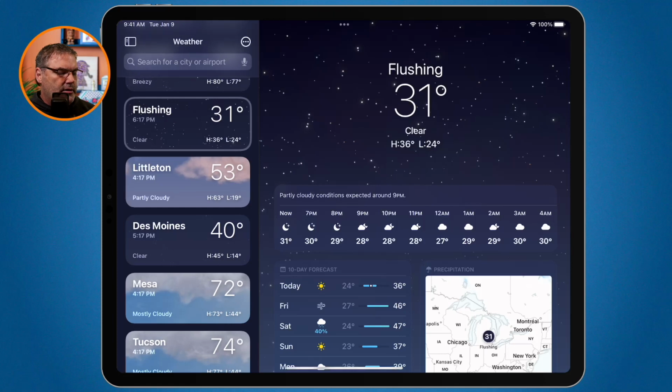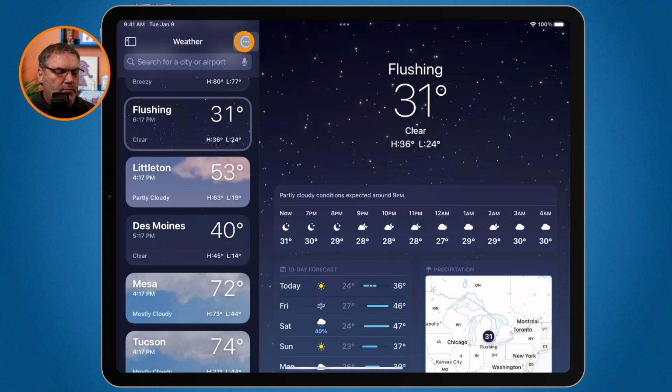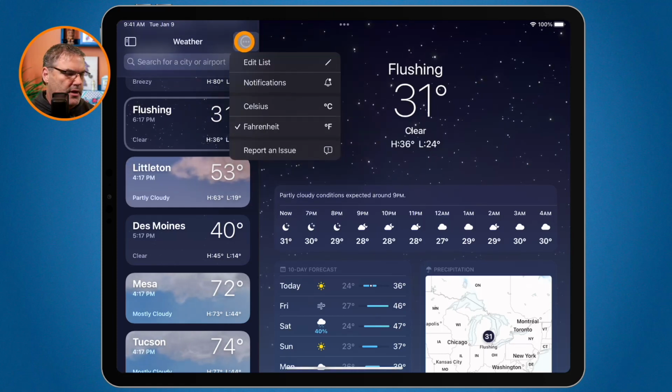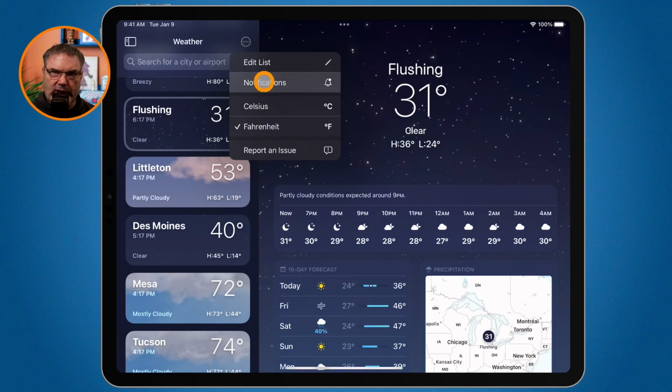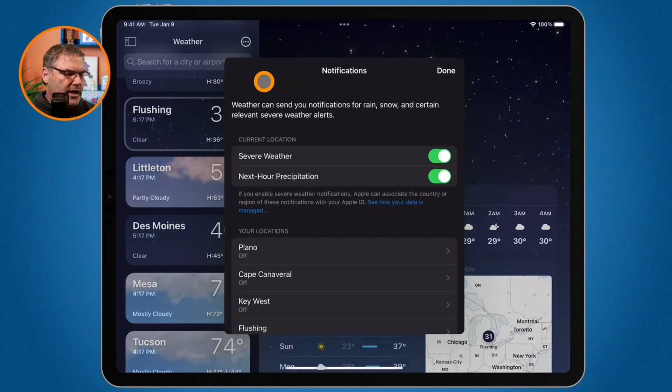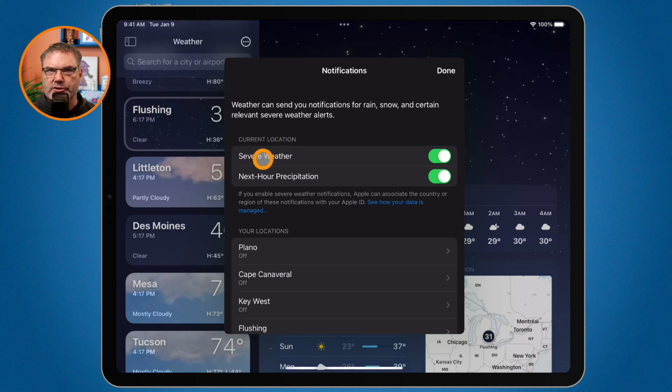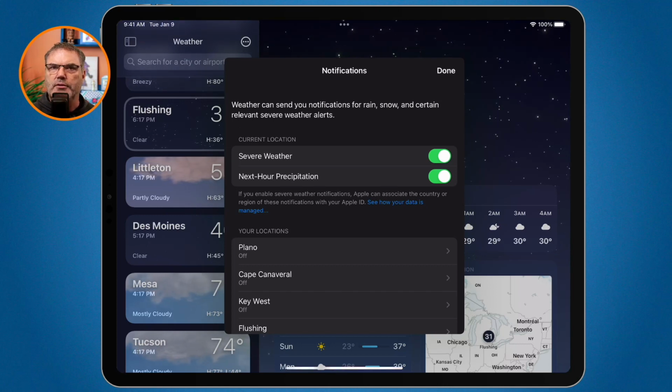So what you can do with this is if you go up to the More button in the list, what you're going to see is notifications. And when you tap on notifications, what we have here is severe weather for our current location. This is new to the iPad, but it's not new to the weather app on the iPhone. What we were able to do is receive notifications when there was severe weather in our current location. Well, that's fine, but I would like to know when there's severe weather or if there's going to be precipitation